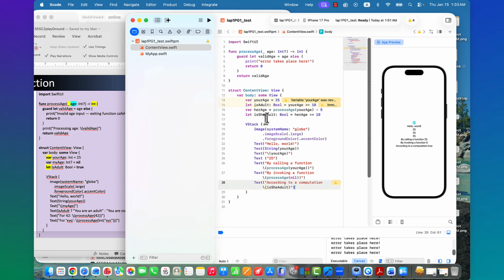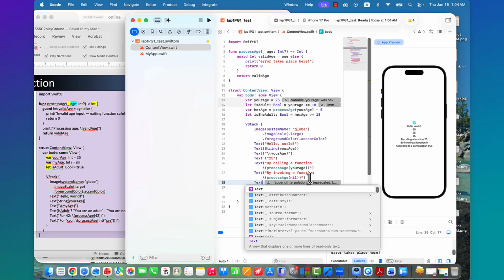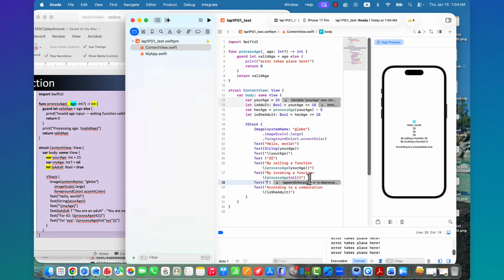Is she adult? Boolean. If it is over 18, then true, otherwise false. But here, is she adult? What is her age? Her age. Oh, 20.